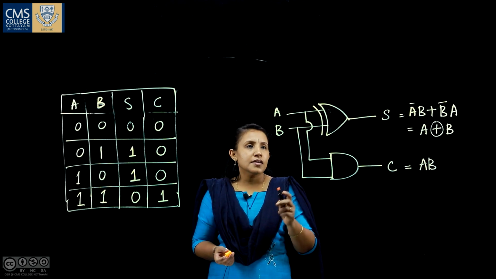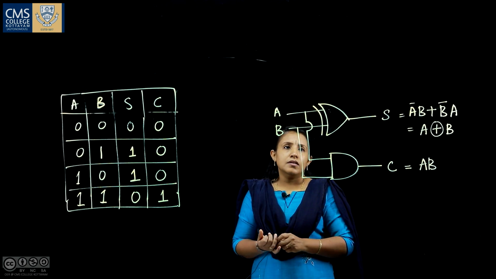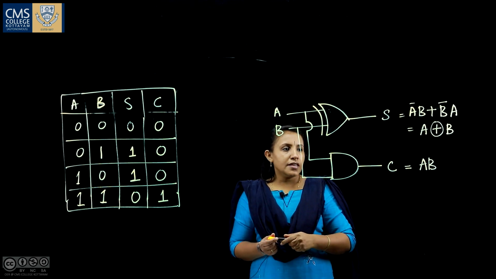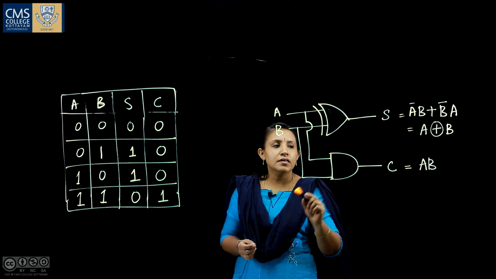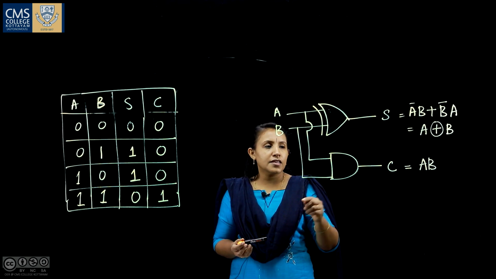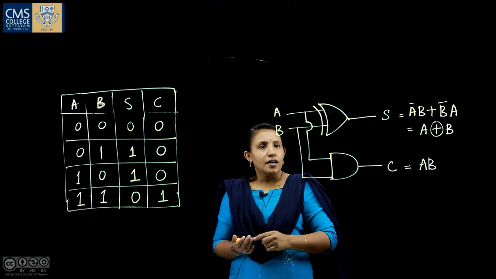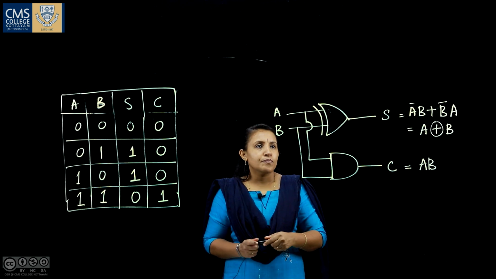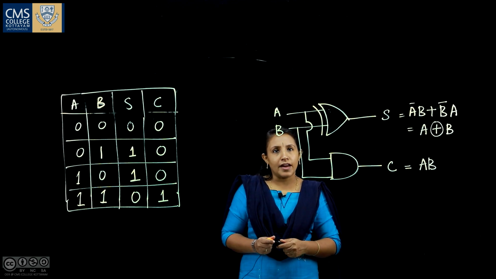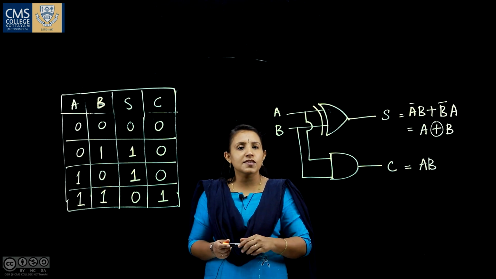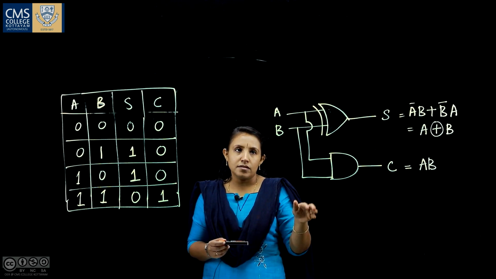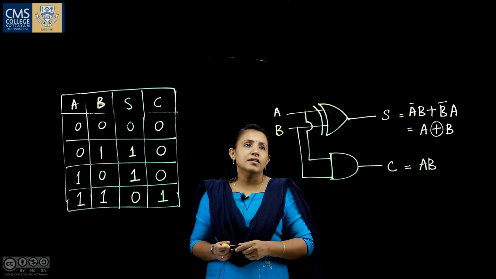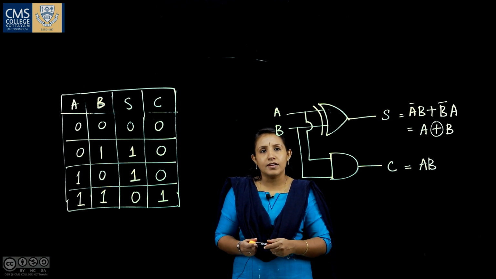A half adder is a simple circuit that can add two inputs A and B. It cannot add the carry into it, that is, it cannot accept the carry bit which is given. It can only add up the two inputs. So, this is the limitation of the half adder. The process of addition is not complete if you are not accepting the carry. So, that is why this adder is named as half adder.